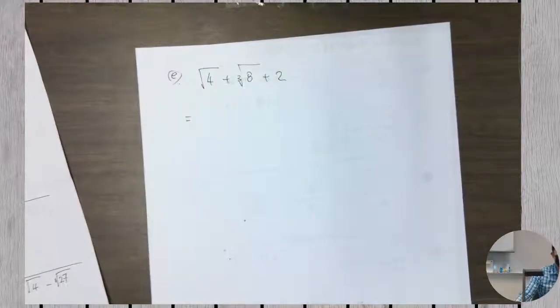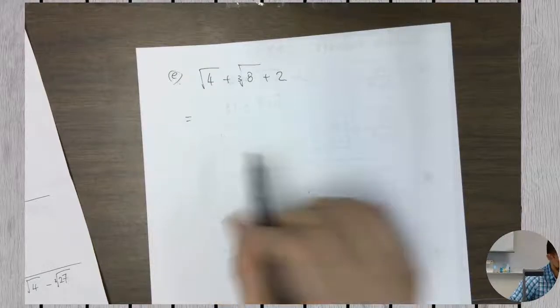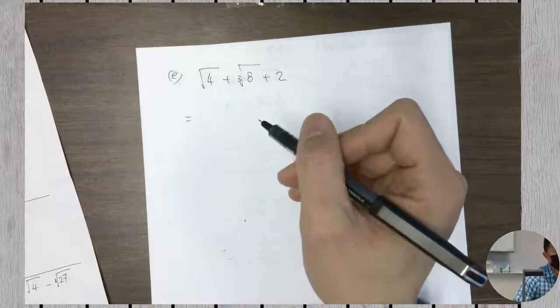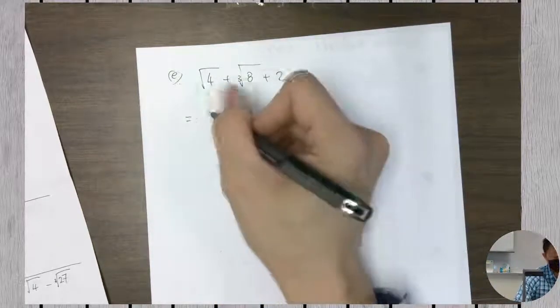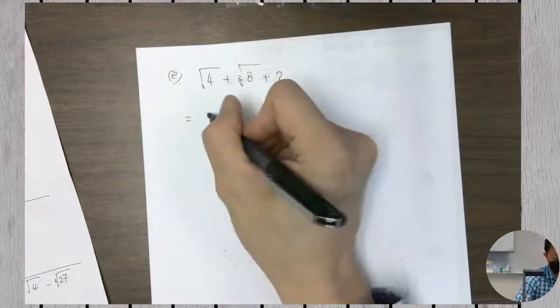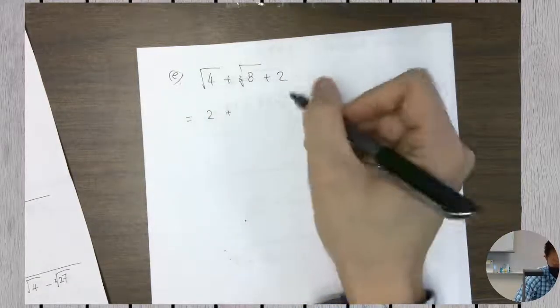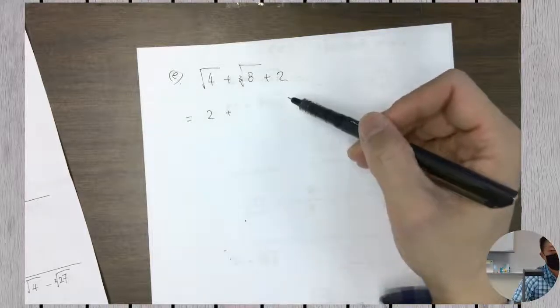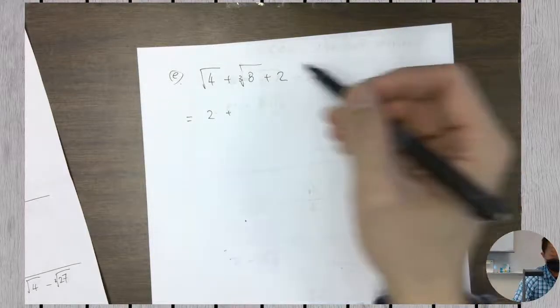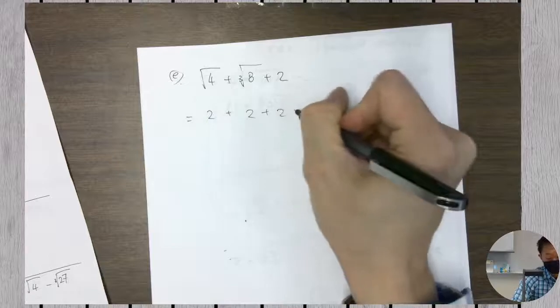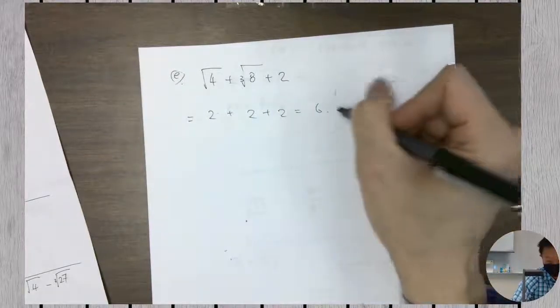So we're going to turn these into integers and then just add them. Okay, what is square root 4? Square root 4, quick answer from someone. 2, yeah. And cube root 8